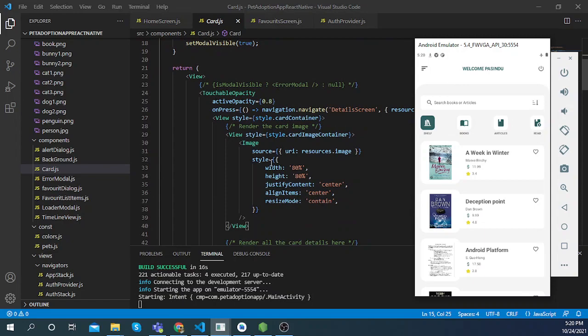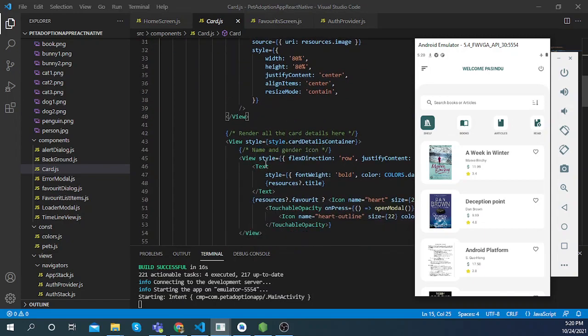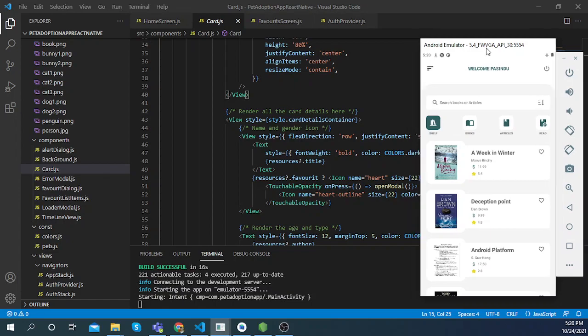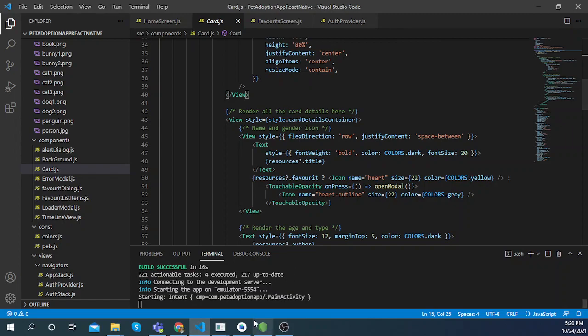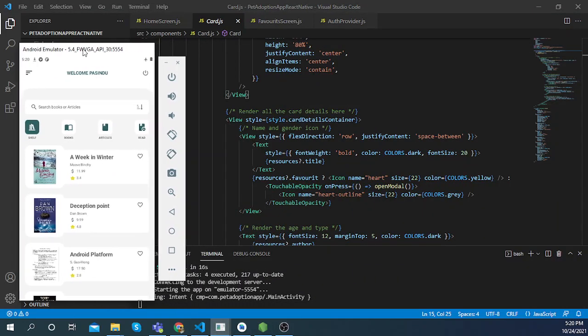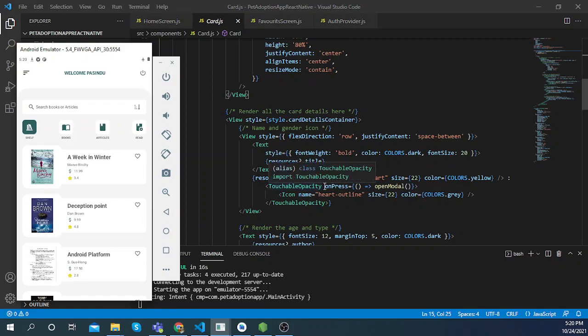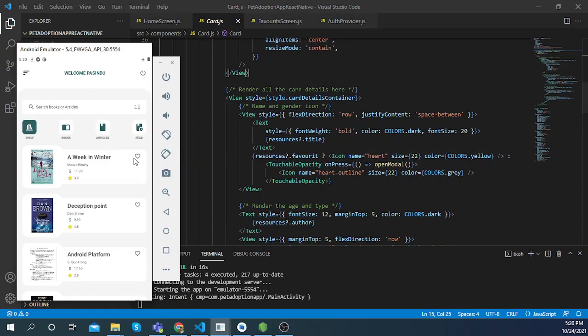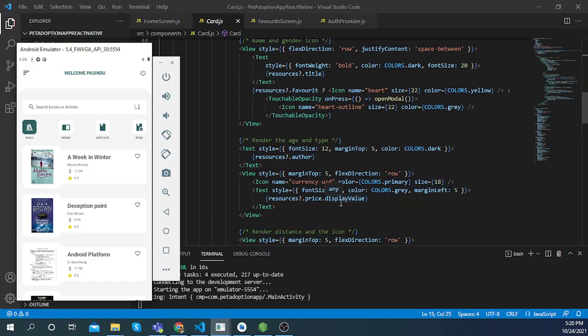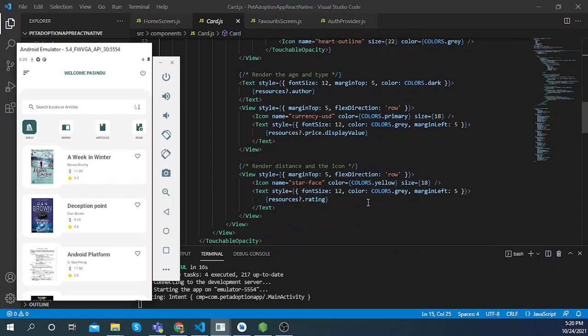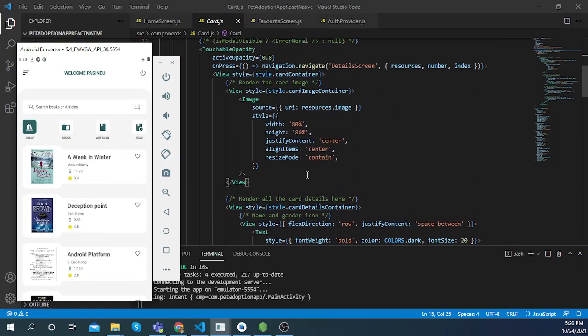You can see the title, and here you can see the heart shape icon and the author name and price display value and the rating and the image is here. So all these data are coming from that view, actually the home screen,